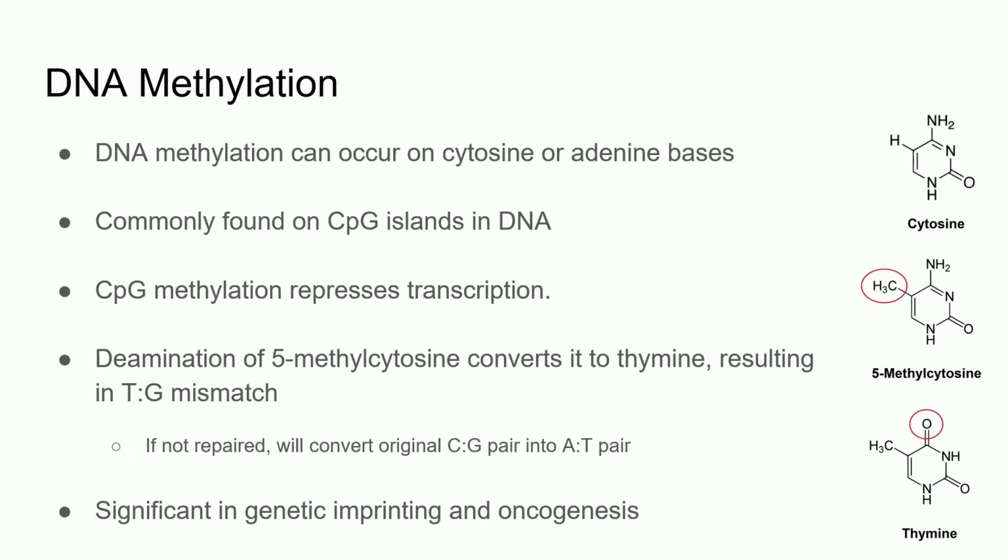Methylation typically occurs over CpG islands within the DNA, which are areas of the sequence where CG bases are plentiful. A lot of gene promoters have these CpG islands, and methylation of these regions results in repressed transcription, usually through steric hindrances or chromatin condensation. Methylation is a normal function of DNA regulation. It allows for genomic imprinting and X chromosome inactivation.